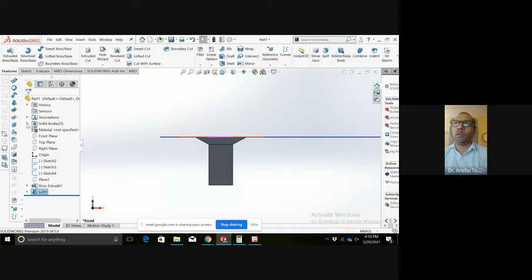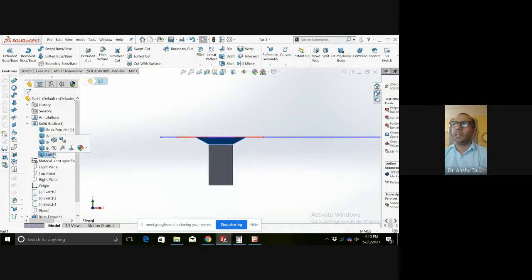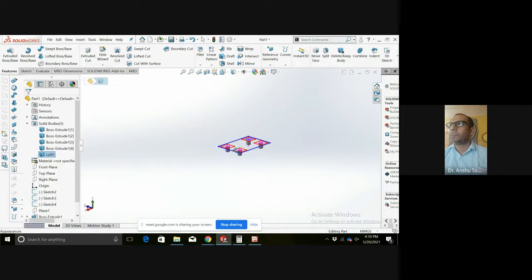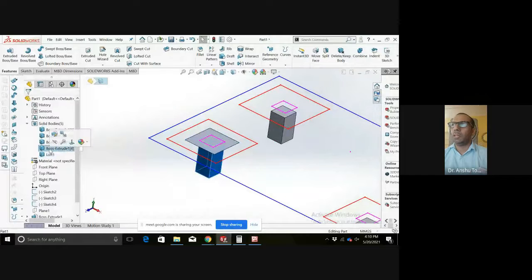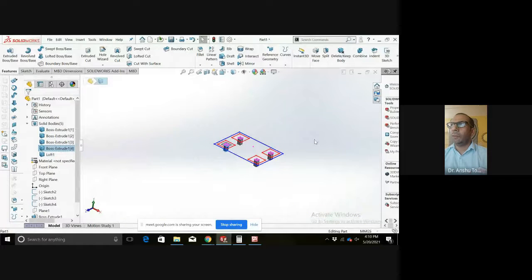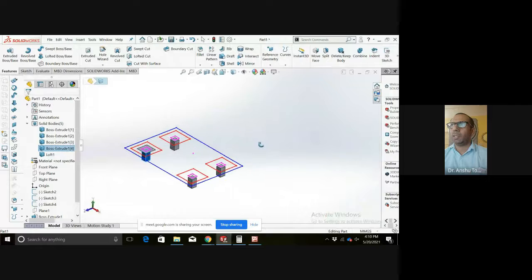So I will have two solid bodies. This loft is a separate body, and this column is a separate body. If I merge it, it will be merged as a single body.